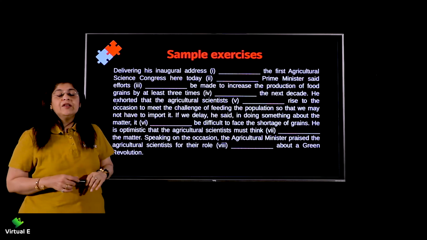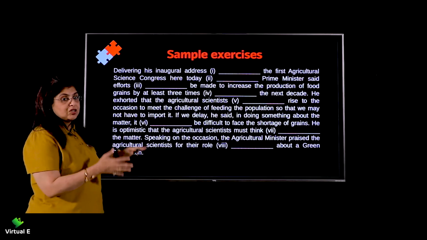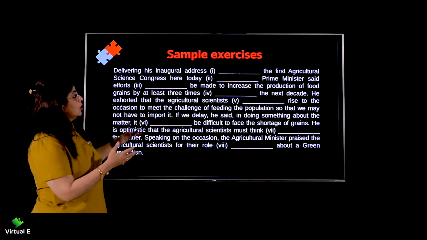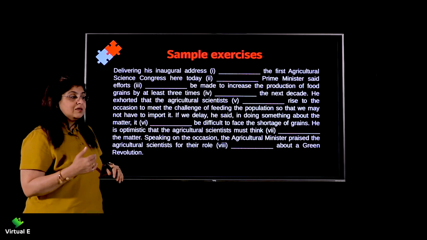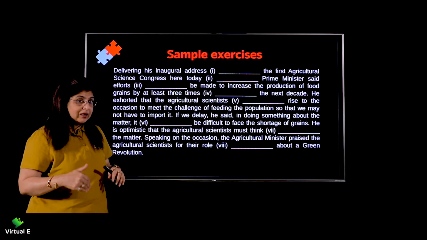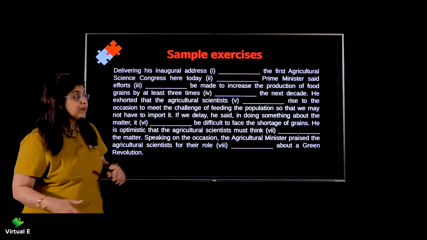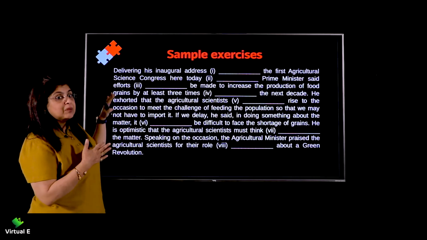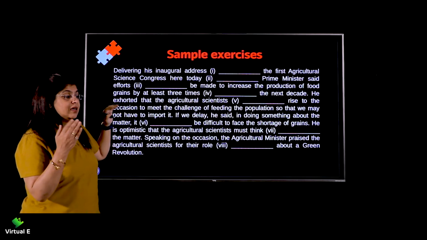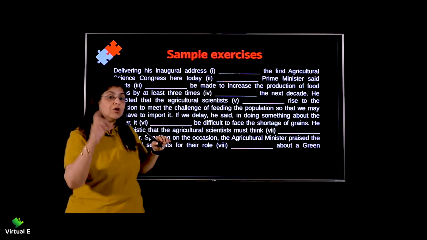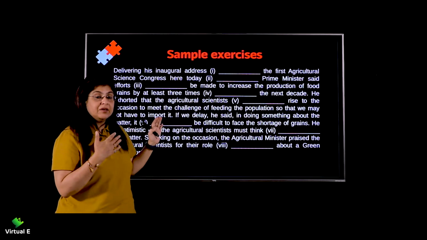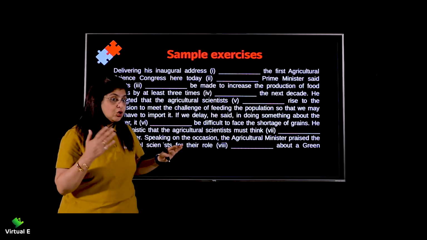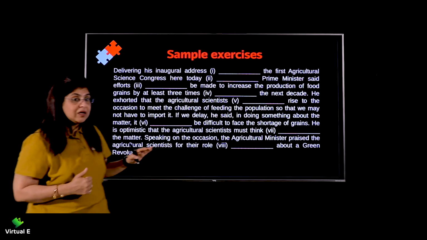Now, if we look at this, it is some speech. It is a part of a speech of this person. Now, tell me one thing. Do you think it's happening now? No, it has just happened. This has already happened. When you're talking about a story, or part of a story, that episode has happened. It's gone, it's past. So the verb forms will come in the past.